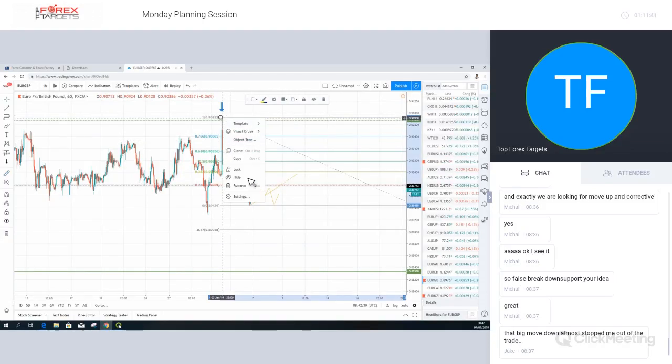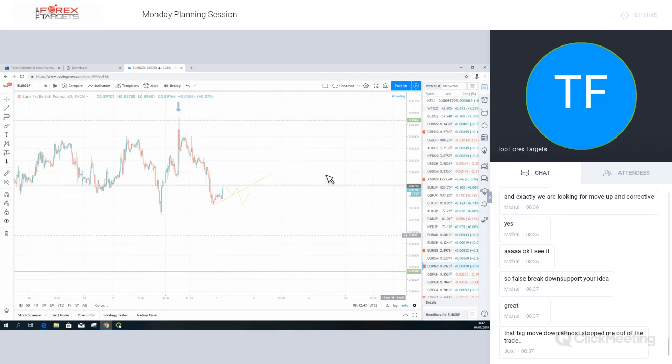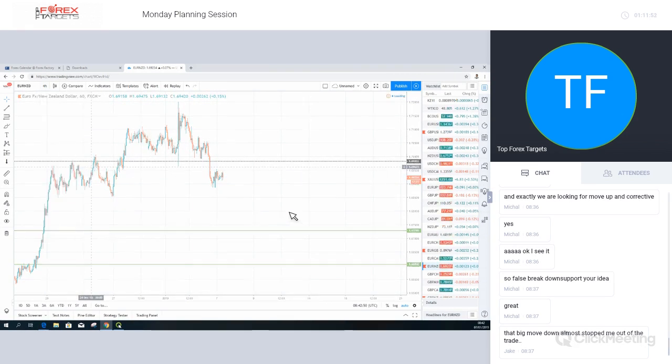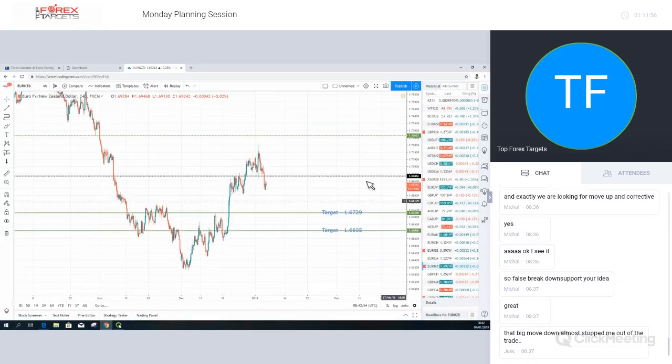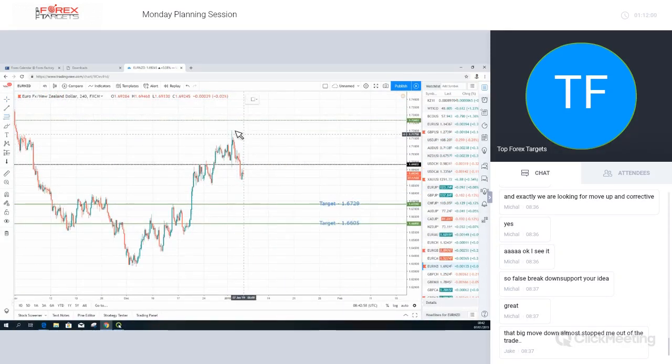Again, it's counter trend, so I wouldn't say it's one of my favorites. I'll summarize at the end which ones I prefer the best. Euro New Zealand, we have a similar setup. Although the New Zealand is currently weaker, and this is something we need to be careful about, it does look like there's a possible counter trend opportunity to the downside.